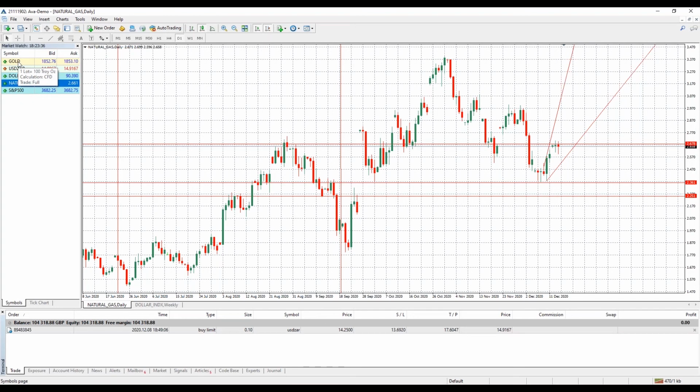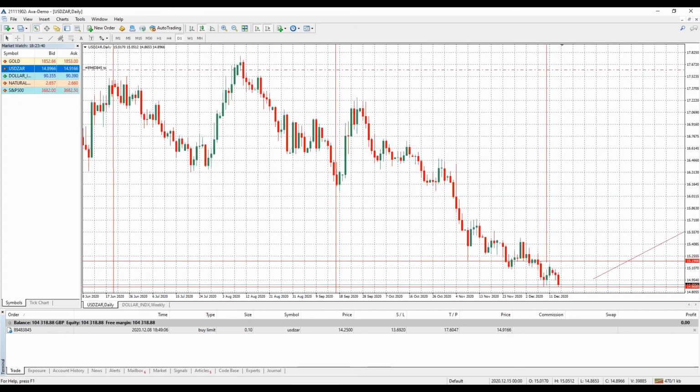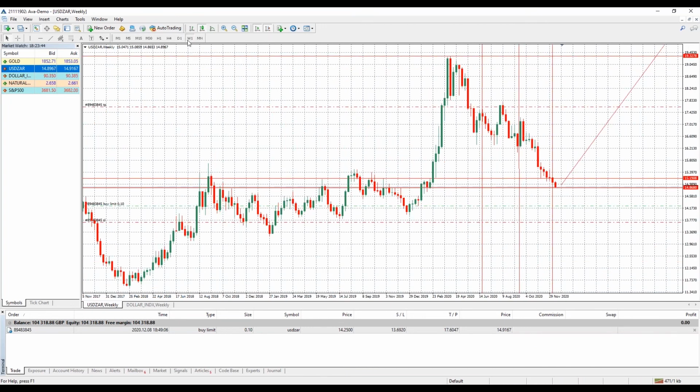We could look at maybe USD South African Rand. This is very interesting, this asset here. We see the South African Rand had climbed clear up to, and I've got a buy limit down here. It hasn't quite reached it from the last webinar, a buy limit, thinking that it would keep dropping, and it has. The US dollar kept dropping against the South African Rand, and we see it's nearing this support level on